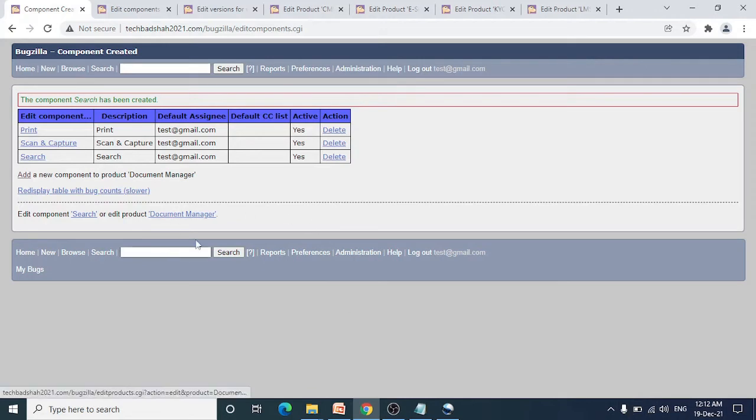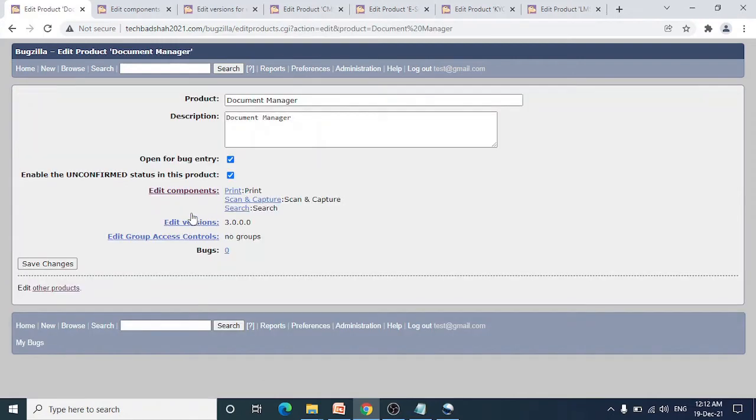We'll click on document manager again and this time we are going to add a new version.